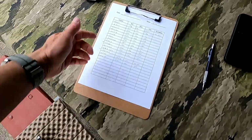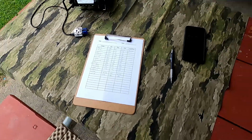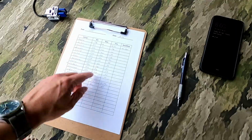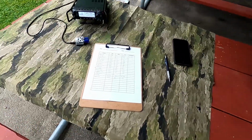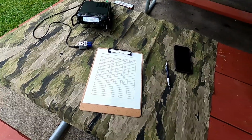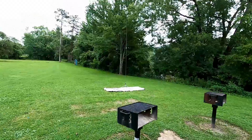I'm not 100% sure. But we got 14, possibly 15 in the log in about 23 minutes, which isn't amazing, but I did have to change frequencies and call CQ a bunch of times again to get things back on track. So all in all, I can't say enough good things about this kind of setup, and it doesn't have to